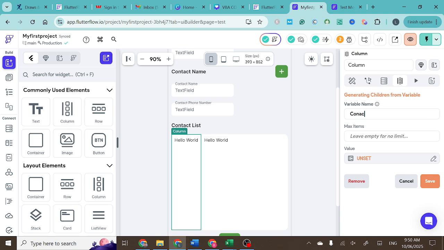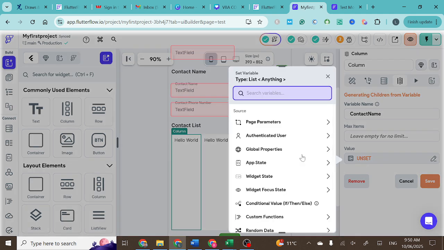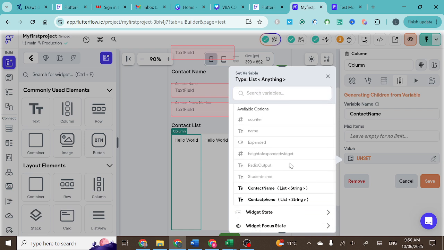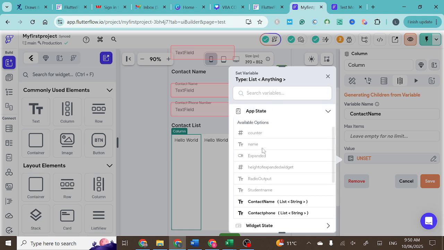So I'm going to give it the name contact name. Okay, and then what I'm going to do is assign it to the contact name list. And you'll notice also, and this is a feature you probably mentioned previously in the course, is